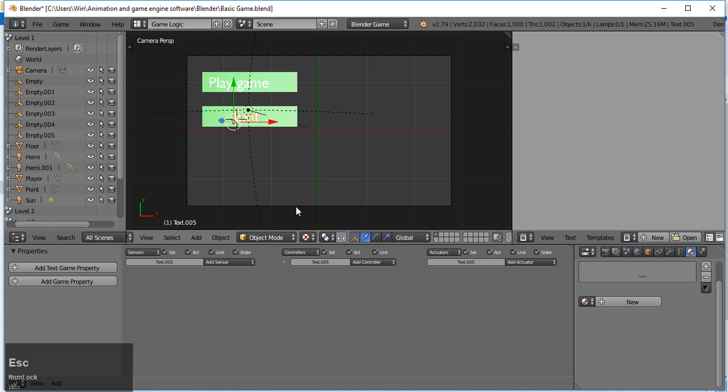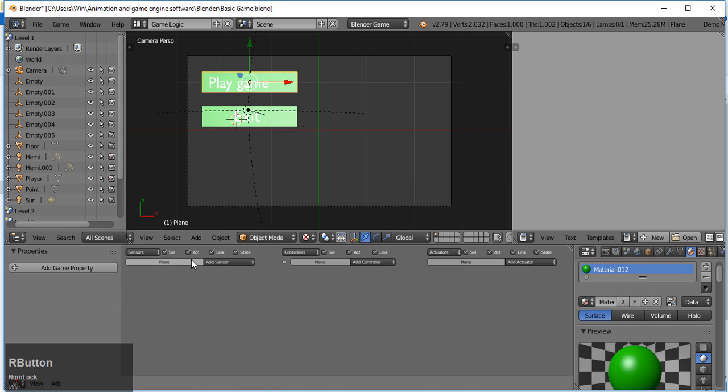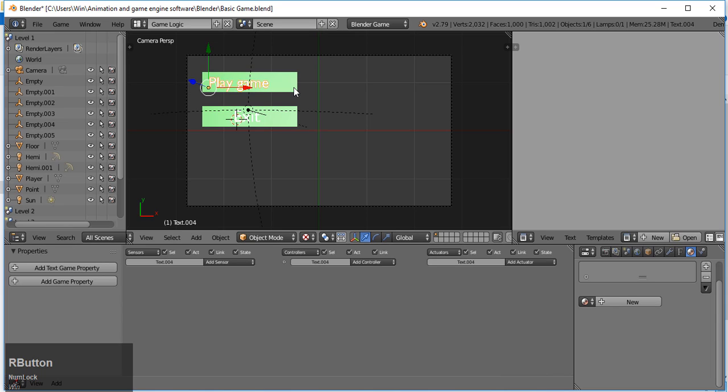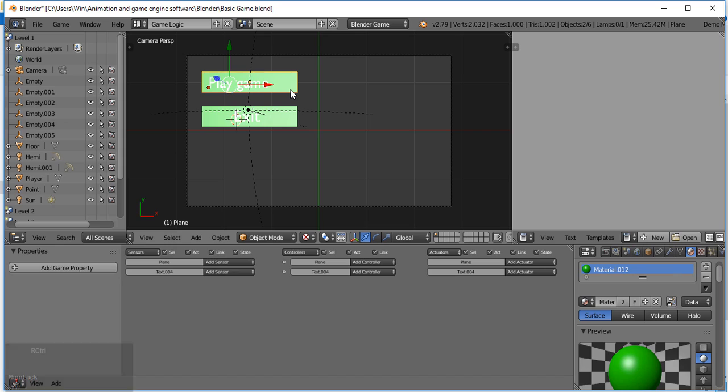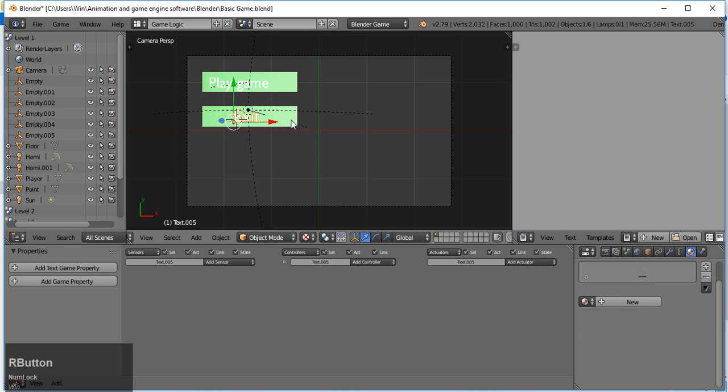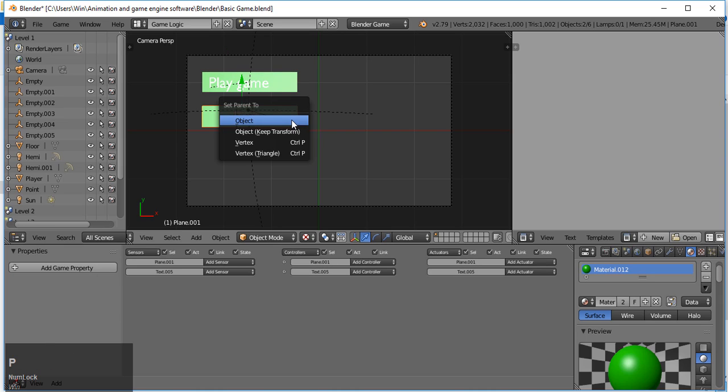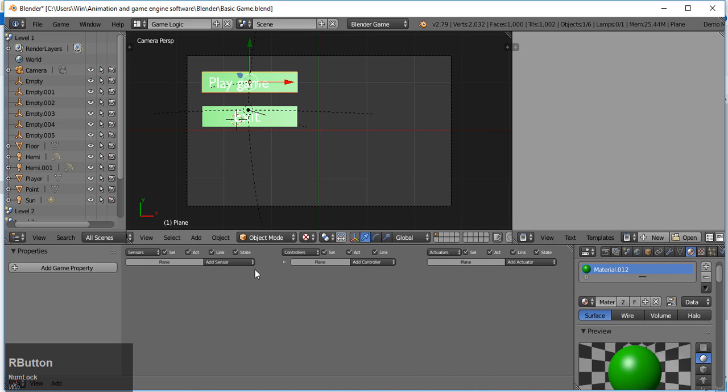Now we need to add sensor and actuator to our plane, but first we need to select text, then plane, and then press Ctrl P to parent, and again select text and plane, Ctrl P parent. Now select the plane, add sensor mouse, the event will be mouse over, and add actuator